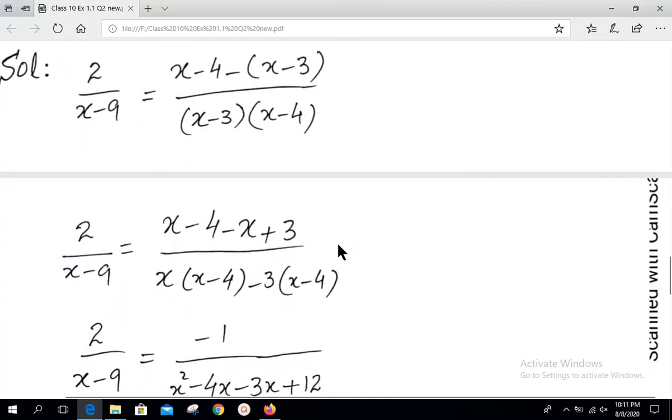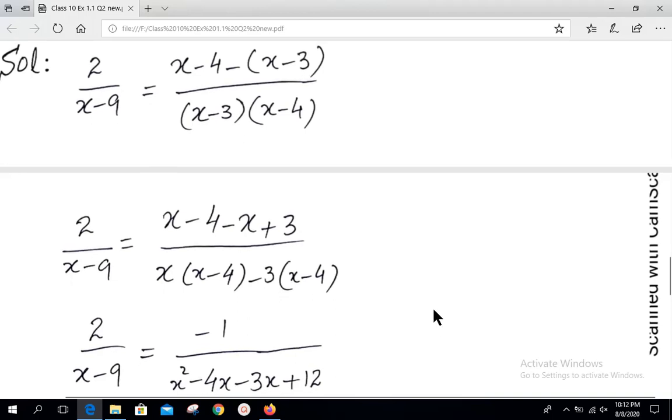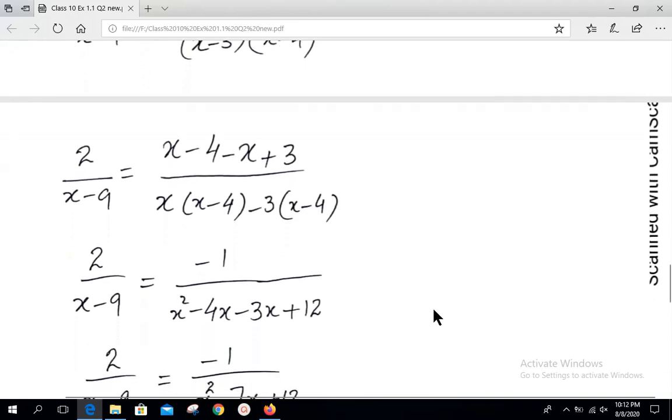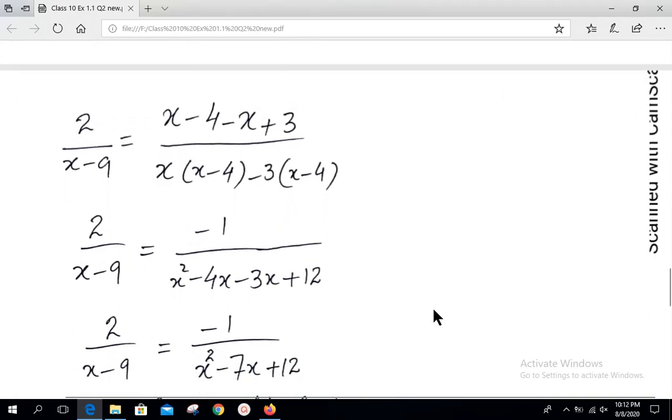Multiplying these two, viewers, see here the easiest manner of multiplication. Select the first element, which is x, then the whole bracket, you can see over here. Then the second element with sign, same, minus 3 and the whole bracket. In the next step, after reaching here, just open the brackets, your solution will be going correct. Hope you clear. Left hand side keeping same, we have 2 over x minus 9.